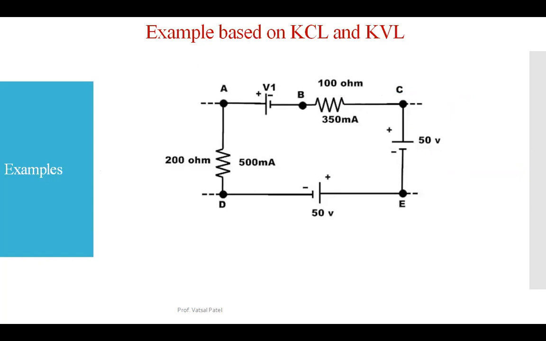Now, today we are going to start with this very simple example. This is your example question, and you have to identify the voltage V1 that is given in this circuit diagram. So, first of all, tell me, is there any junction in this diagram or in this example? Do you identify any junction here? Can you identify the junction?